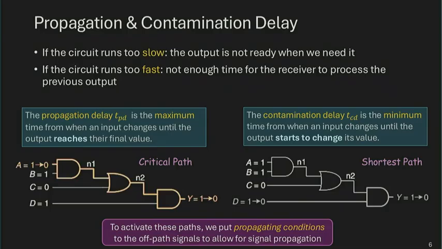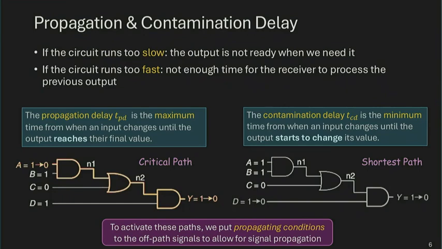And in this class, we care mostly about propagation delay, the longest path of the circuit. And to activate this path, not only do we need to assign some Boolean values over here, we also need to make sure that these values allow the propagation of that signal. So for example, the other input to the AND gate, I set it to a constant 1 so that whatever I change on the other side can be propagated to the gate output. If I put a 0 over here, it will directly set the output to 0 and block the impact of